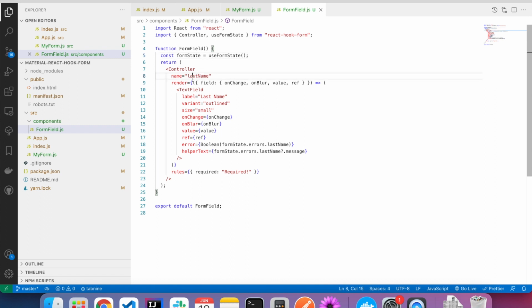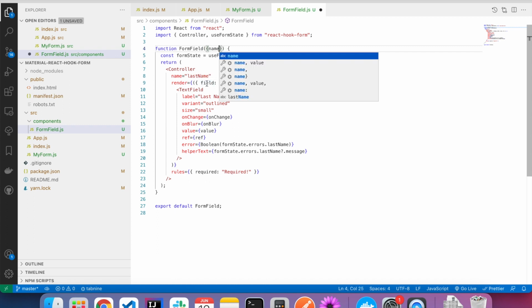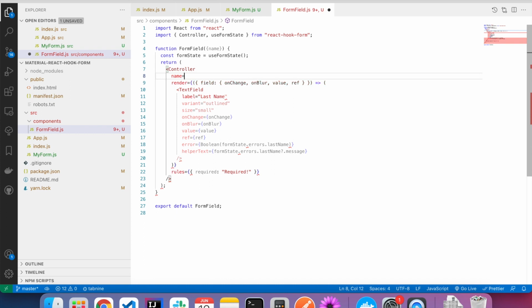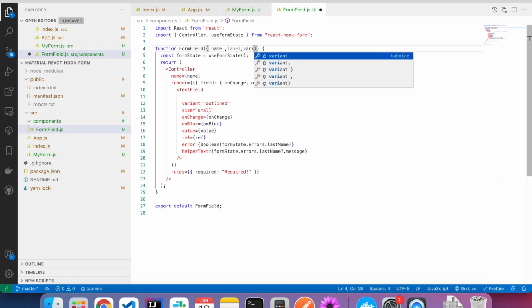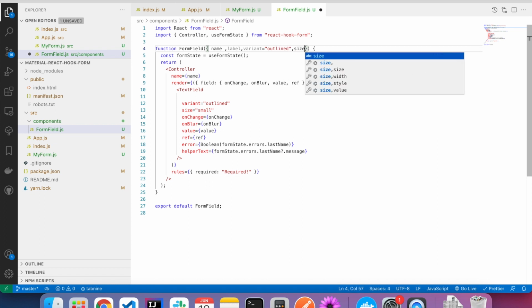And now this name is coming from the props, right? It should come from the props. So I'm going to put a name here, name. Then this label should also come from the props. So I'm going to put label here, a variant outlined, comma, size small,